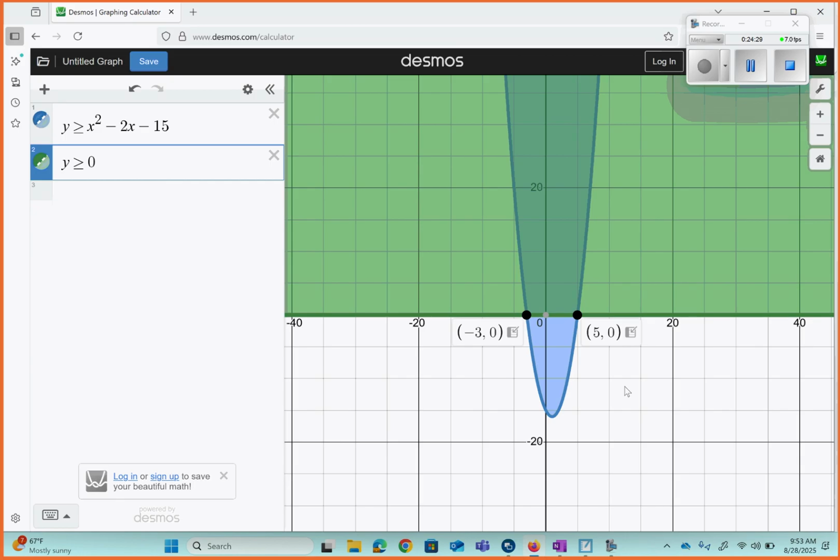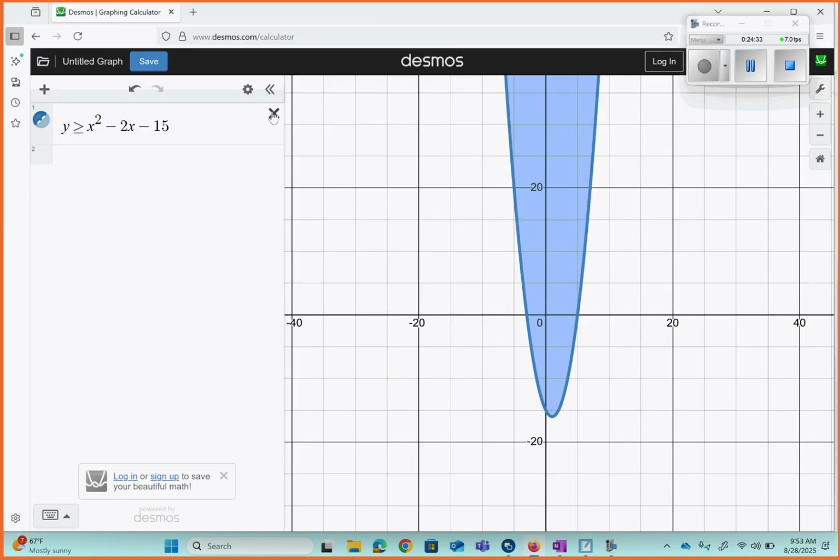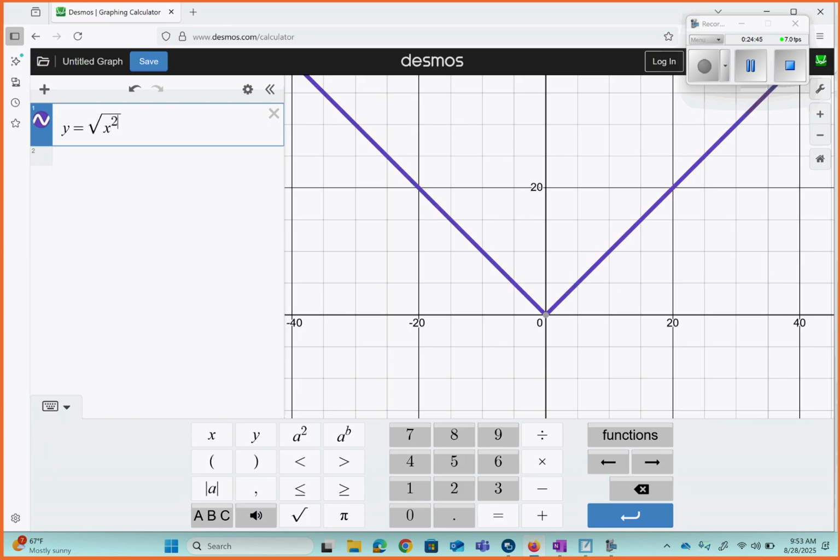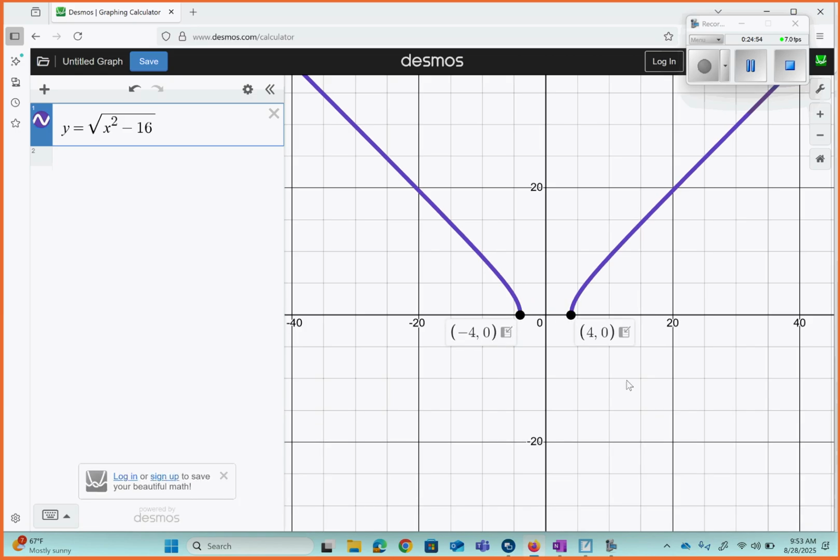So now they want us to talk about the domain of each of the other ones that are there. So I don't have y equals, which is fine. So I'm just going to go ahead and throw y equals the square root of x squared minus 16. And if you talk about what the domain of this particular problem would be,